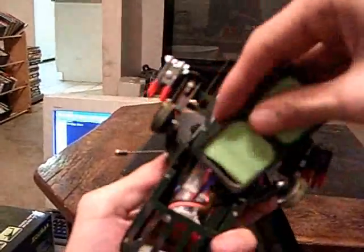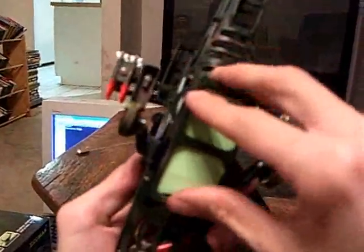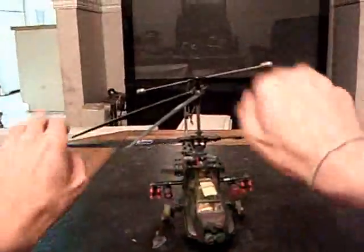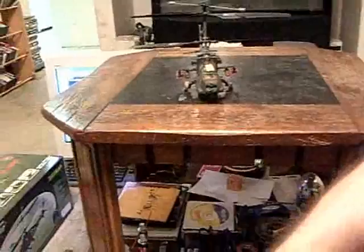I'll go ahead and tell you right up front that she's a little twitchier, not quite as precise as a vehicle with a normal swash plate. At least right out the box, that is. I'm sure she can be very precisely tuned, but